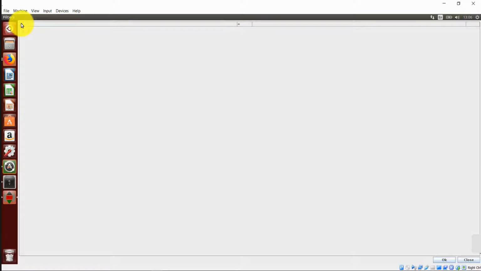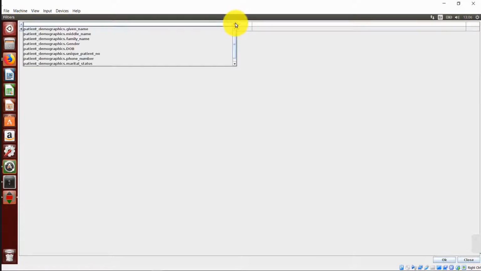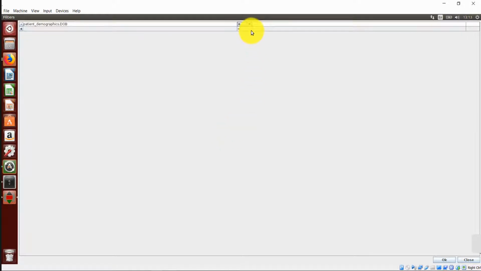Click on the add button, then the drop-down menu will arrange all the data elements. Select the data element you want to be used to filter a report. So I want us to filter a report by date of birth. I'll select date of birth. Select your filter parameters. For example, we have equal to, less than, greater than, less than or equal to, greater than or equal to, range, not equal to, like, not like, is not, in, and lastly, not in. So for our case here, we're going to pick a range.